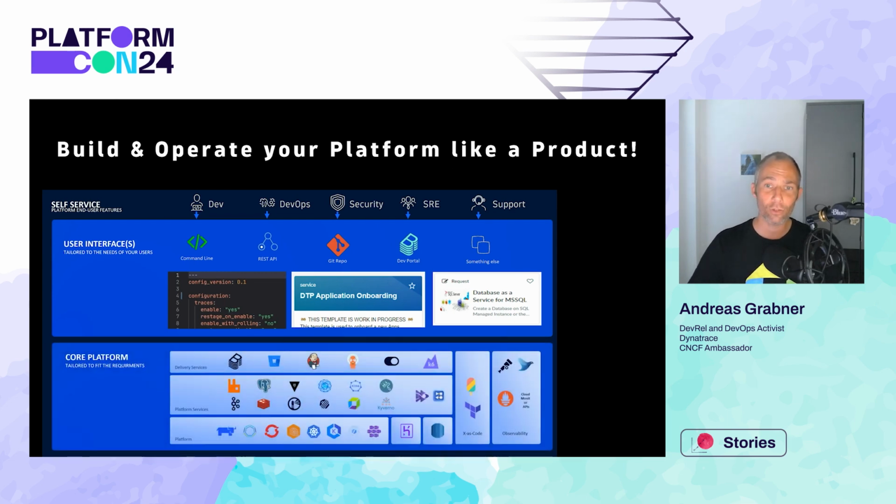And then you will probably pick the best technology that actually allows you to build this type of product. Now, in most cases, this is probably going to be somehow based on maybe a container orchestration platform like Kubernetes, but it doesn't have to be. It can also work on other things because in the end, it's about you providing a product to your engineers to make them more efficient.